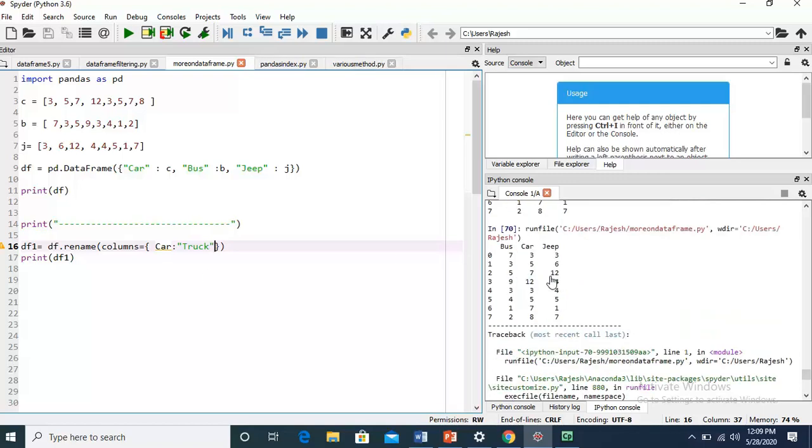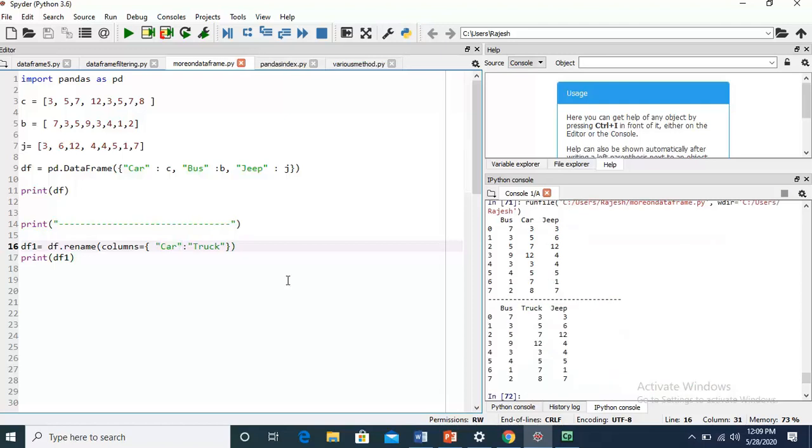Something is wrong, let me see. Okay, car. You just see car is replaced by truck.